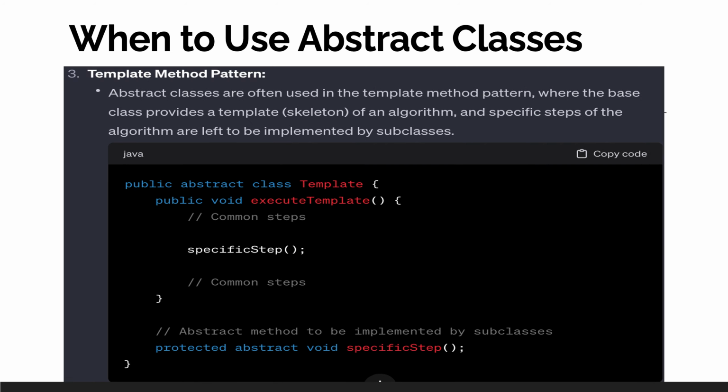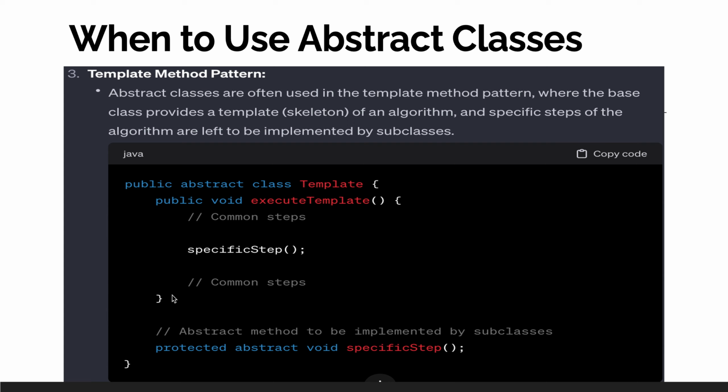The next advantage I can see is the template method pattern. So what is the template method pattern? Abstract classes are often used in the template method pattern when the base class provides the template, or you can say skeleton, of an algorithm, and specific steps of the algorithm are left to be implemented by the subclasses. For example, let's say we have a class called template.